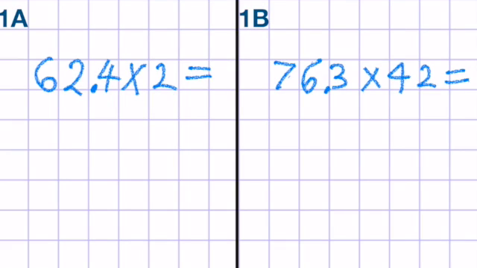So here we have 1A and 1B. You have to multiply a decimal. You can choose which one to do. Press pause and then we'll go through the answer together. Okay, 1A,